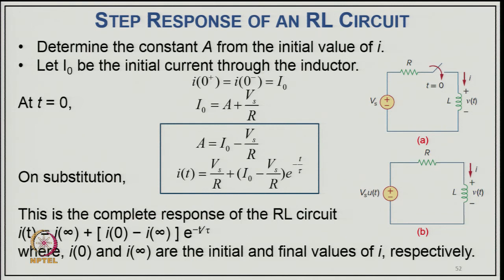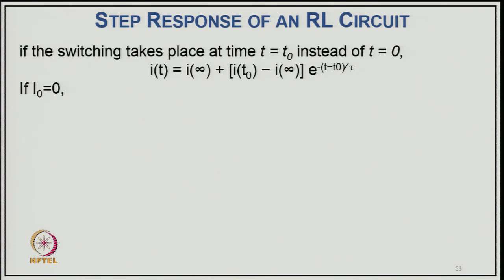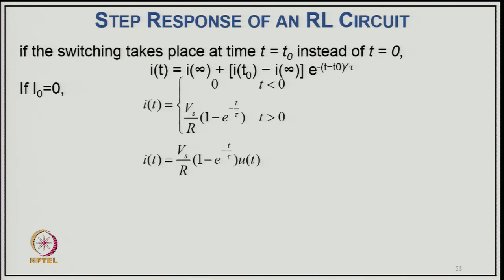So, this is the complete response of the RL circuit, and we can say i(t) equals i(∞) plus [i(0) minus i(∞)] e to the power minus t upon tau, where i(0) and i(∞) are the initial and final values of i respectively in this circuit. If the switching takes place at time t equal to t0 instead of 0, then i(t) will be equal to i(∞) plus [i(t0) minus i(∞)] e to the power minus (t minus t0) divided by tau, and if i(0) equals 0, then